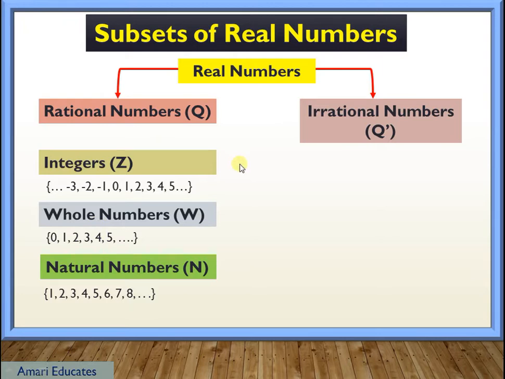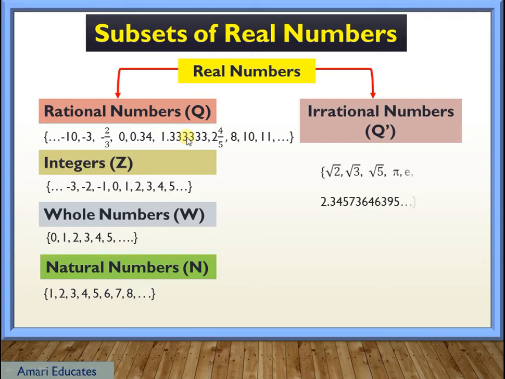While the rational numbers are as follows. So these are all natural numbers and numbers that can be expressed in fraction form. Why is it that there's a decimal here? It means that this value is from a fraction converted to a decimal. Okay? So those that we could not express as a fraction or a ratio between two integers are called irrational